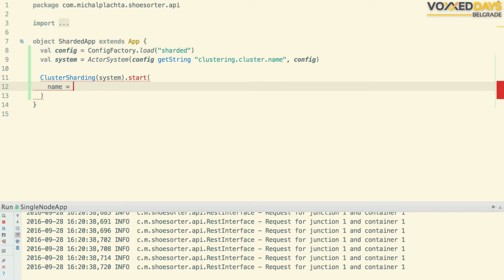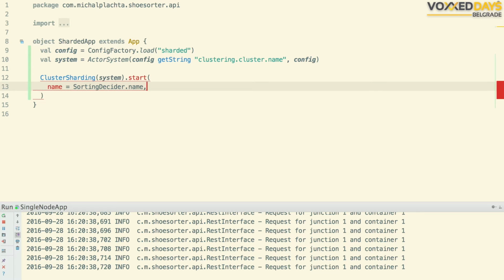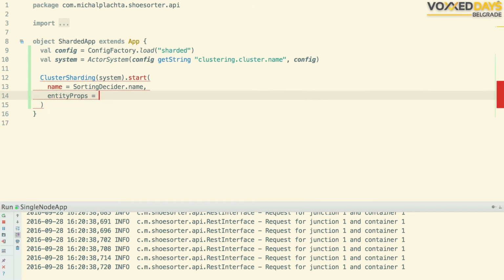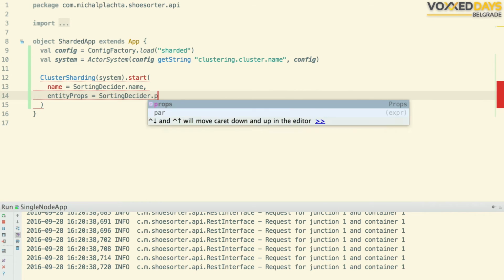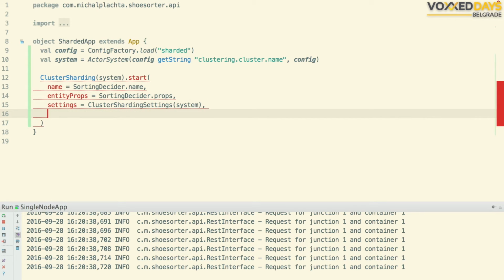Name will be sorting decider name. Entity props will be sorting decider props. And we need to have some default settings. I don't care for now what they are. And those 2 hashing functions are the last parameters.